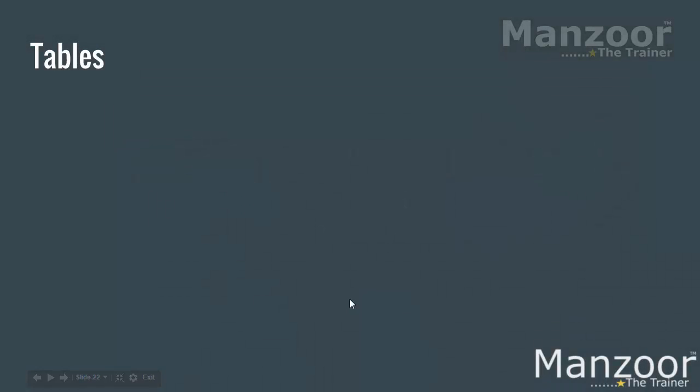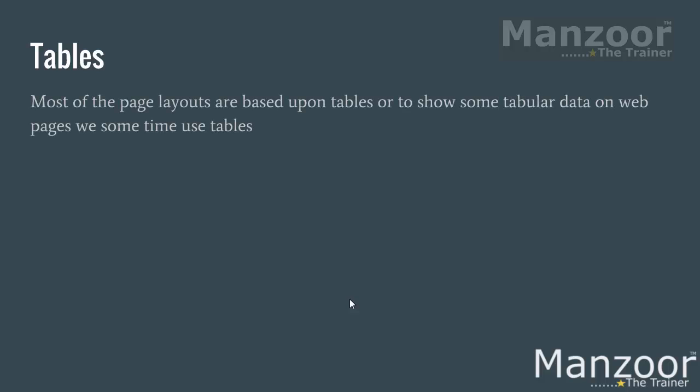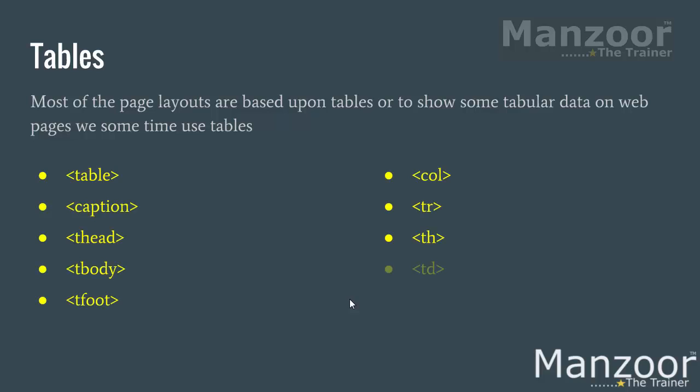Hello everyone, in this video let us try to understand table tags and image tags. Now what are table tags? Basically, sometimes people use table tag to lay out the page or lay out the content in table format. Now we normally have table tags and captions and table head, table body, table footer, columns and rows. Now in the demo we will see how to create data in table format or display data in table format,